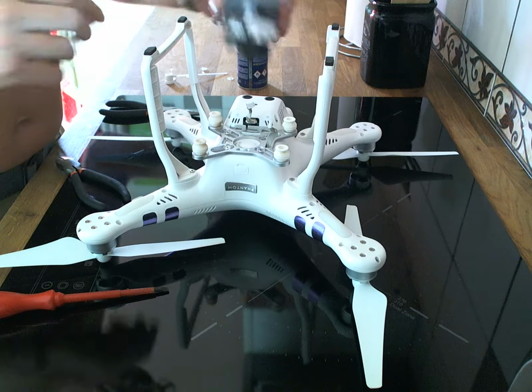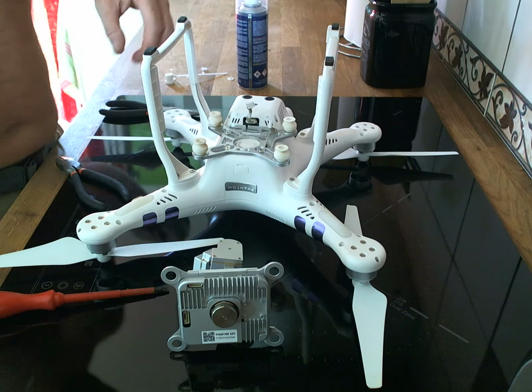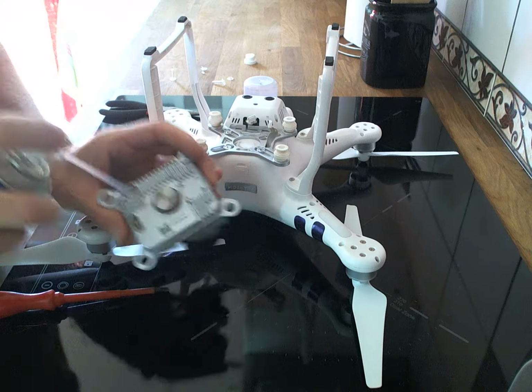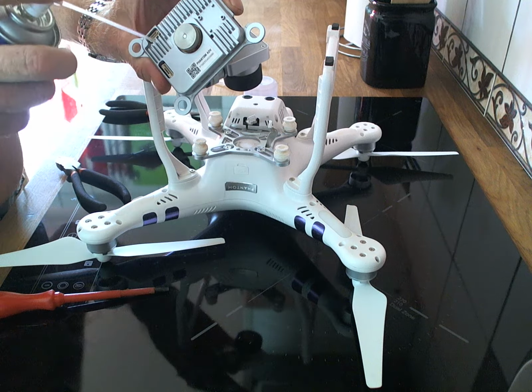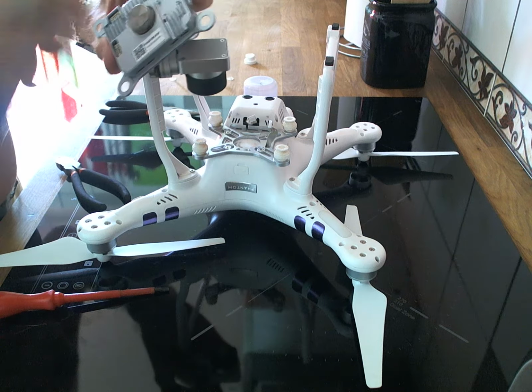Now, the problem with the lagging is caused by micro dust in the air, and believe it or not, it gets in the terminals. So it's a pretty straightforward fix, and what we do is we disconnect those cables, the connectors, and we simply compress air, blow, and just general clean up all the gimbal inside